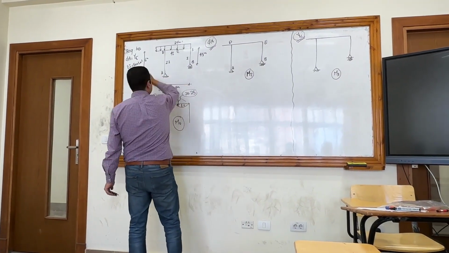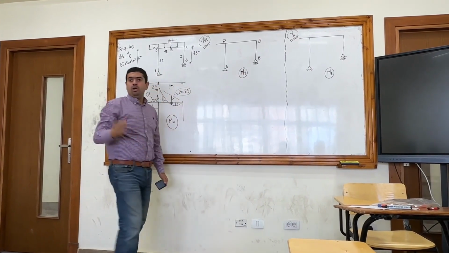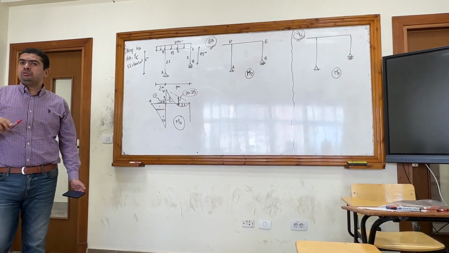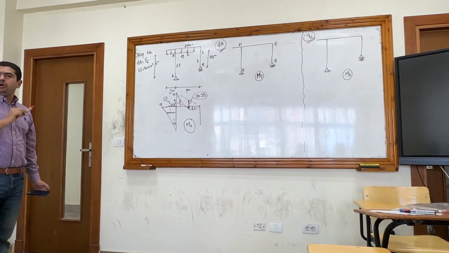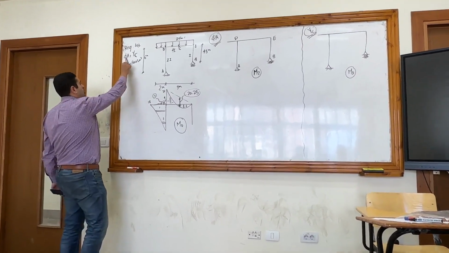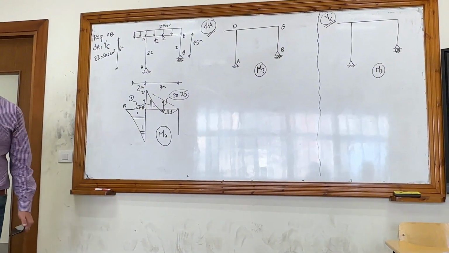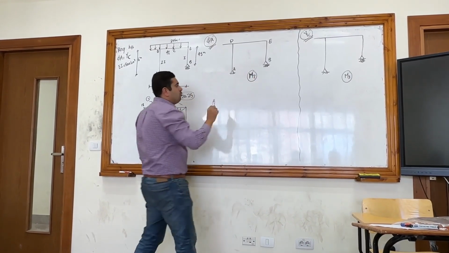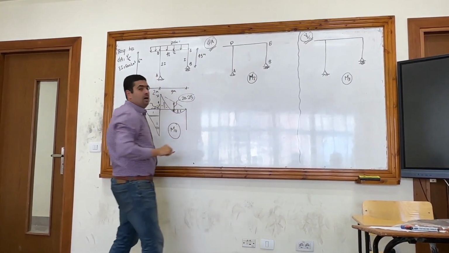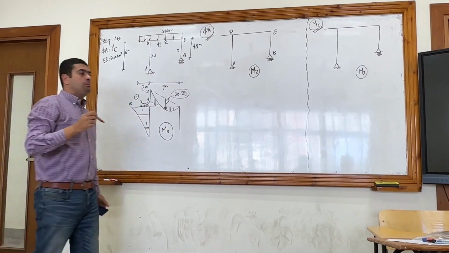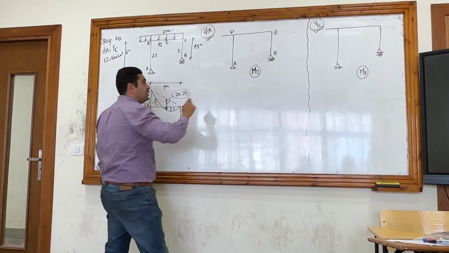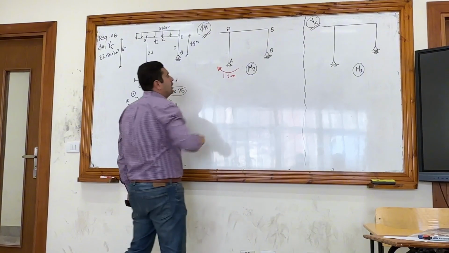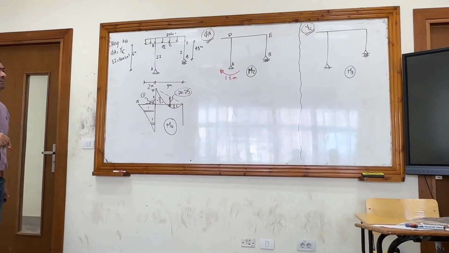For any requirement, I have to draw the frame one more time without any loads, and then put a unit load in the same direction of the requirement. Here, it's required to calculate rotation at A, phi A, so I draw the frame one more time without any load, and then at point A, I will put a unit moment, because this is a rotation this time, a moment of 1 ton-meter, and then I will draw the bending moment diagram